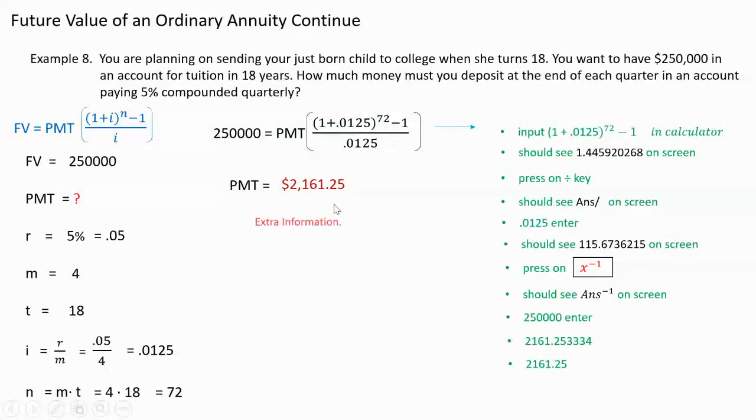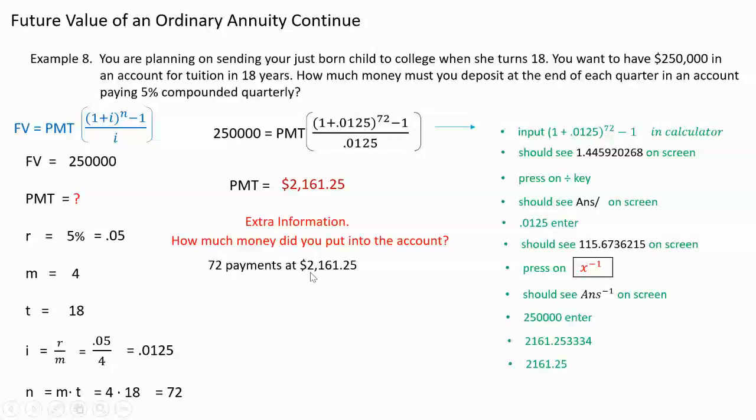Okay, now, extra information. How much money did you put into the account? Did you put in the whole 250,000? No, of course not, because you earned interest for those 18 years. So let's see how much money you actually put into the account and how much you got extra in interest. There were 72 payments, and the payments were for